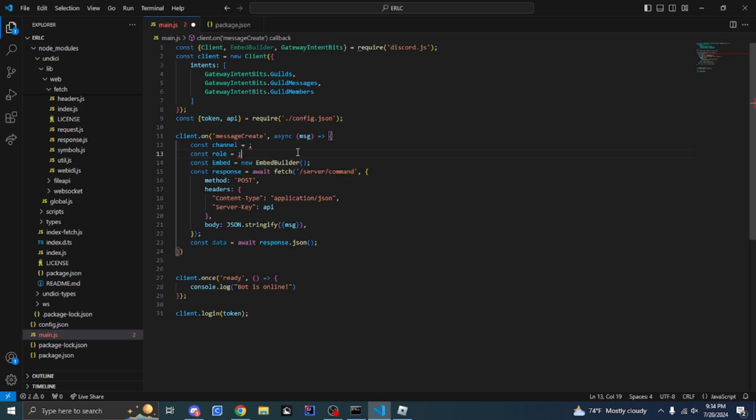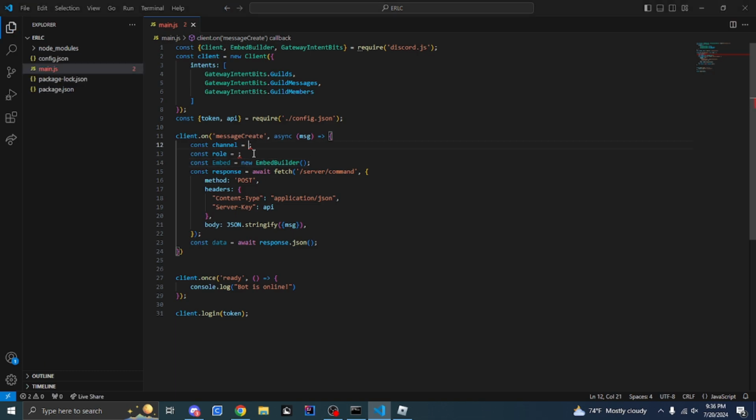So the role is going to be very important. This is a role that's going to be required to actually run our command here, because we don't want to give access to just anyone, because this actually runs as co-owner. It doesn't run as owner, but it doesn't run any less than co-owner. So, all right, so we're going to do